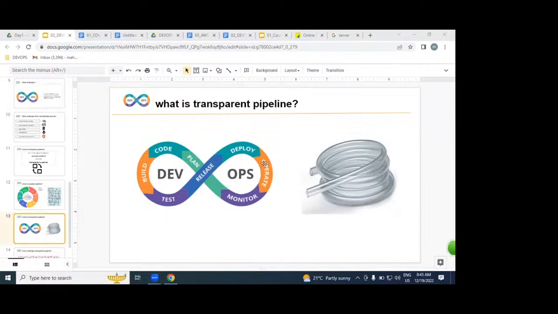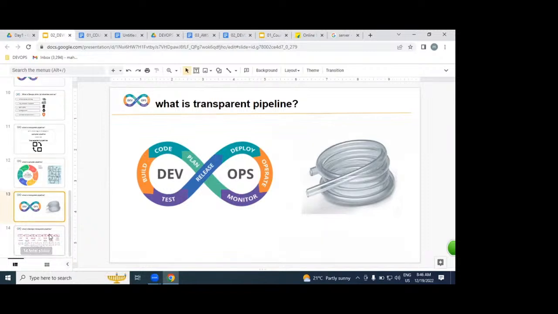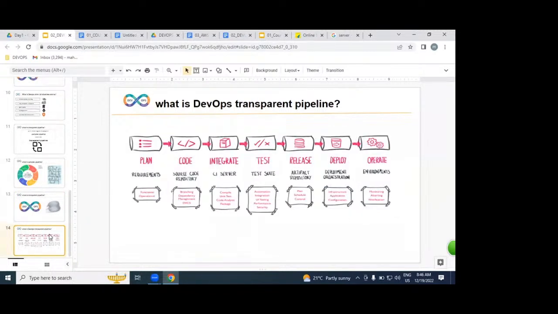What exactly are we going to be replacing, guys, please? We are going to be replacing the complex pipeline with a transparent pipeline. Why are we calling DevOps a transparent pipeline? Because it is transparent and automatic. If you get any issue or problem in the middle, we can easily identify it and easily resolve it. But how does the actual DevOps process look? This is what our actual DevOps process looks like, which we are going to implement.